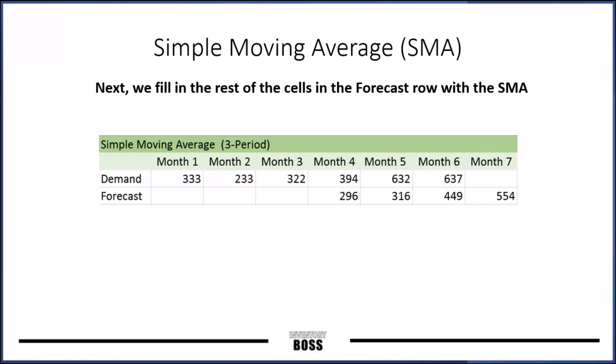So I'm going to bring my cursor in here to kind of show you what we're doing. These 3 months here average to this value. We got a new month, so we're going to average these 3 months and get this value. Now we have a new month, so we closed out another month, so we're going to average these 3 to get to this value. Now this is a rolling average, so once we get month 6 in here, we're going to take these 3 numbers and get this value. So we've solved for X. Month 7, we're projecting 554.